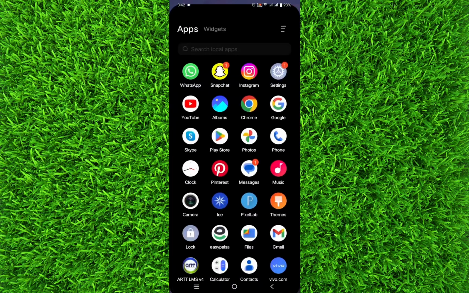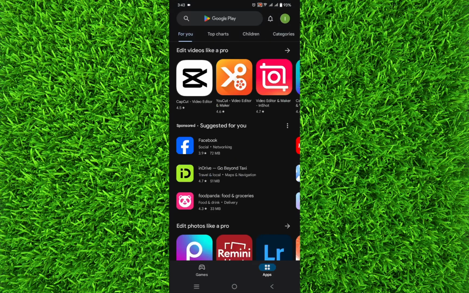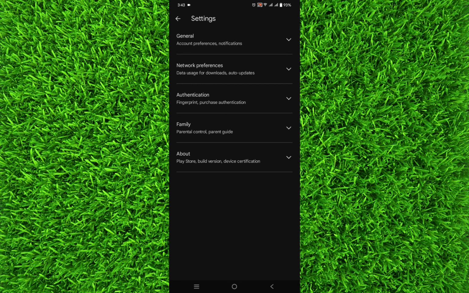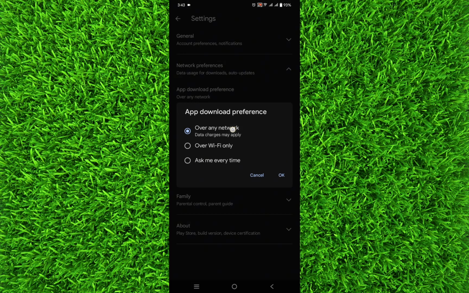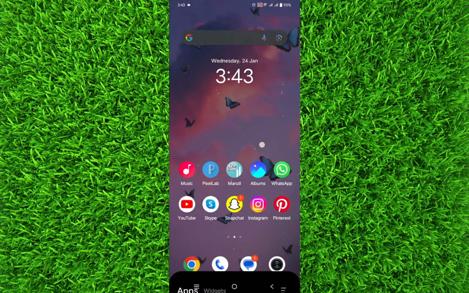So guys, all you will have to do is go to the Play Store, then tap on your profile on the top right corner and tap on settings. Once you are on this page, tap on network preferences, and on the top you'll find an option of app download preferences. Tap on it and make sure that it is selected to over any network and click on OK, and then do this for all three options. And once you have done it, if it still doesn't solve your problem, you can go to settings